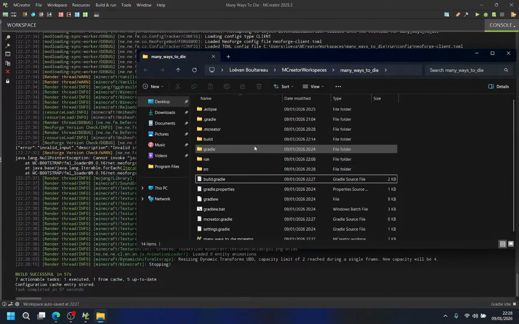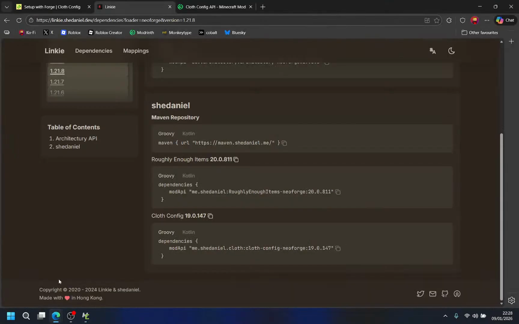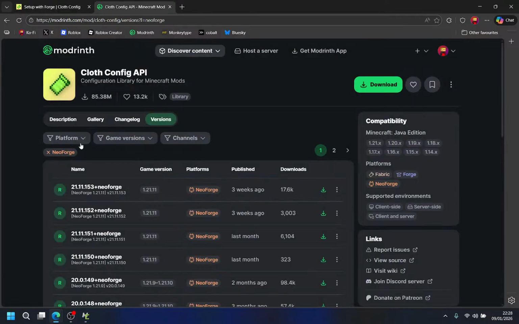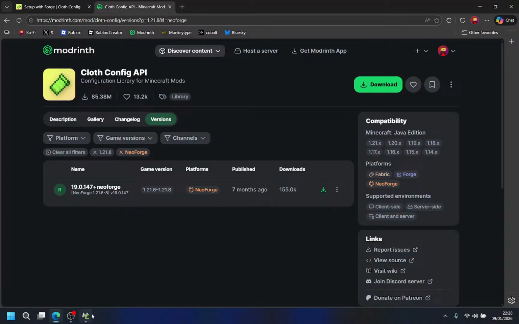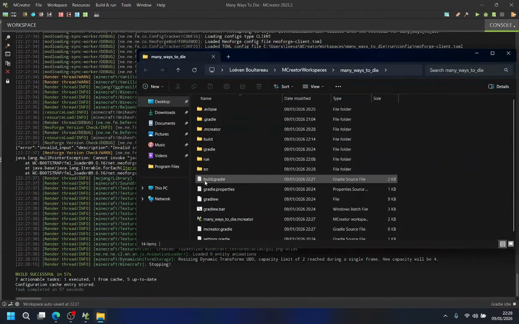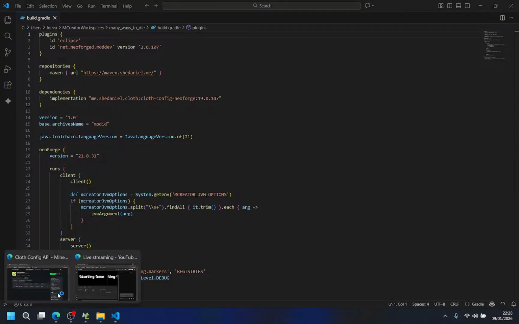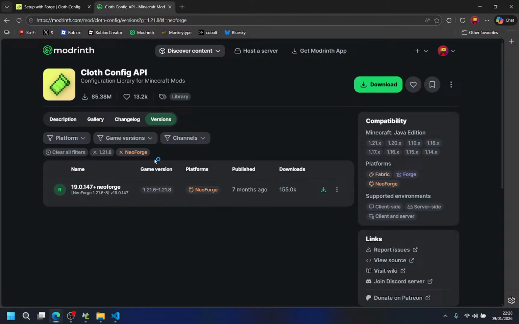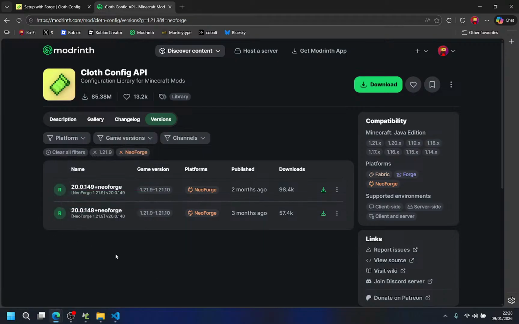Now, the thing I'm worried about, because we could just go there, select our platform, select our game version, and this is the only version that is available. It's the exact same thing as what is written in the build.gradle file. It's 1.19.4.7. So it just is that. But if we remove this and now include this, yeah, we have a bunch of old things 2 months ago. It's still pretty old though.